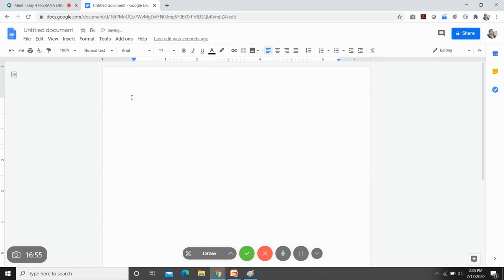So I'm taking two relations R and S, with two attributes AB here and BC here. Now I have A1, B1, B2, B2, C1.